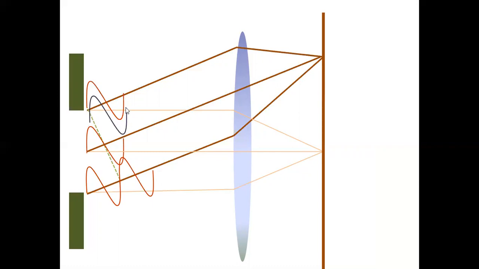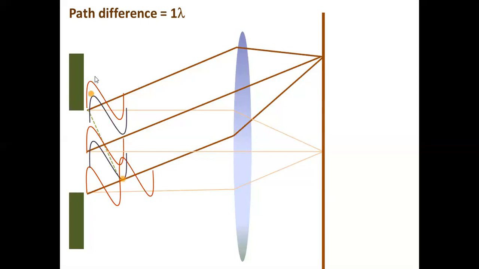This wave has to travel a little more distance than this, but the crest of this doesn't exactly fall on the crest of this, isn't it? It is just lagging behind. This blue colored wave is lagging behind this red colored wave. But you have a wave which can destroy this wave at the same depth below. This wave is destroyed by this wave, right? What about this wave? Consider another wave traveling just below this one at the same depth. This and this will have their crest and trough falling exactly on each other. They destroy each other. So for every soldier here, there is a soldier here who will defeat him.